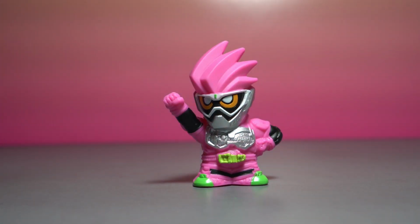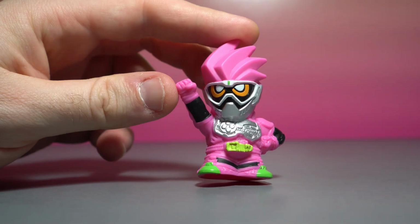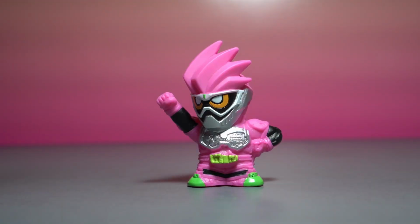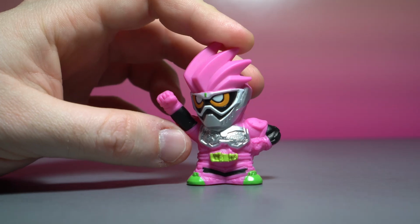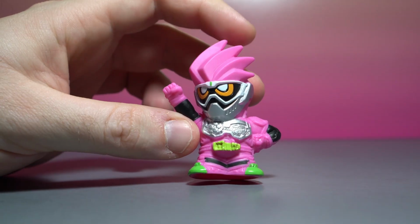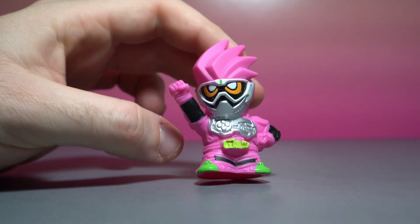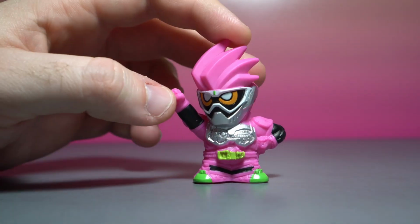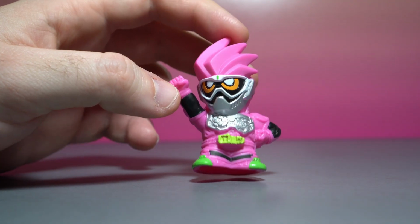We seem to be going in backwards order now, which is interesting because we are at box number 16 with Ex-Aid, a doctor gamer who's got a heart of gold and a passion for playing. Good boy Hojo Emu, that's right. I love Ex-Aid too, it's so good! Bright pink. I can't keep saying bright and vibrant, but that is all the descriptors I have, apparently. There's a lot of controversy where people are like, these designs are too wacky and zany for me, but when I saw these...